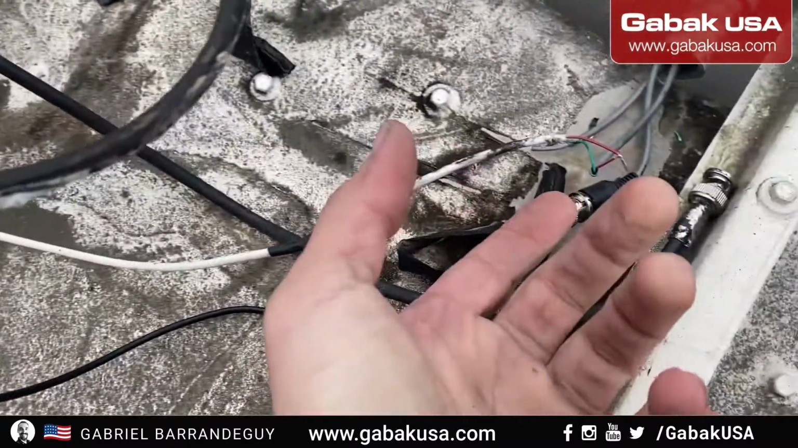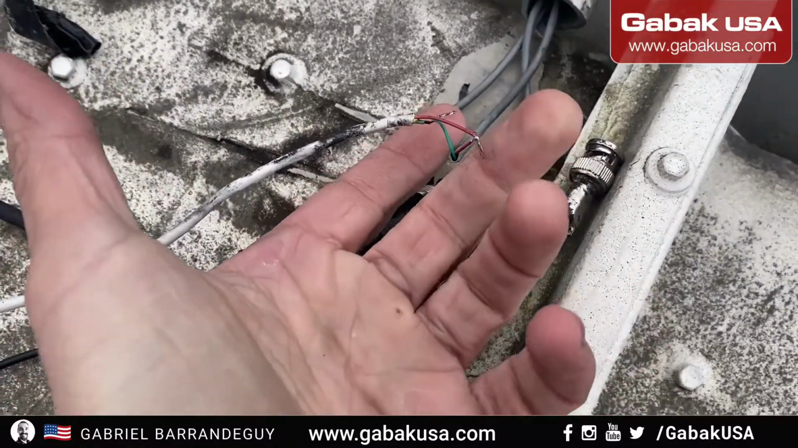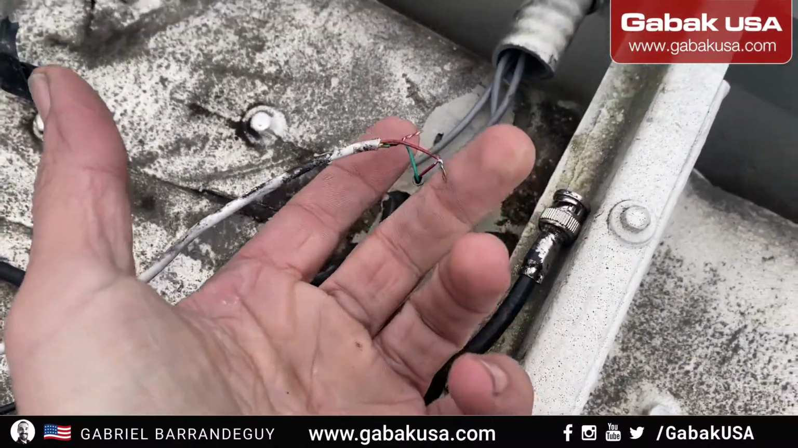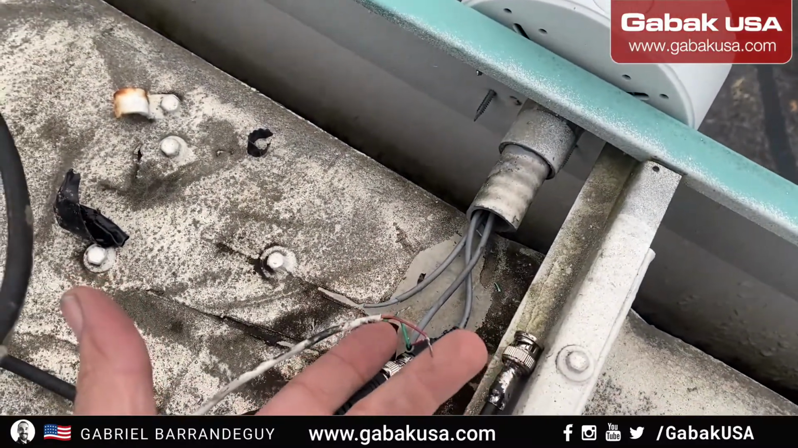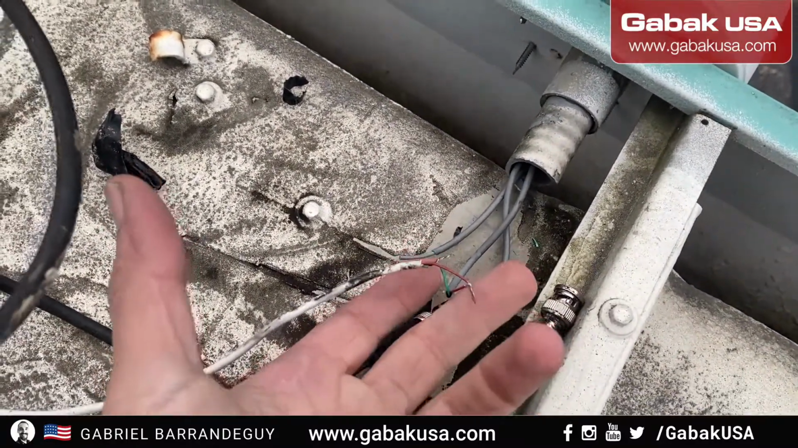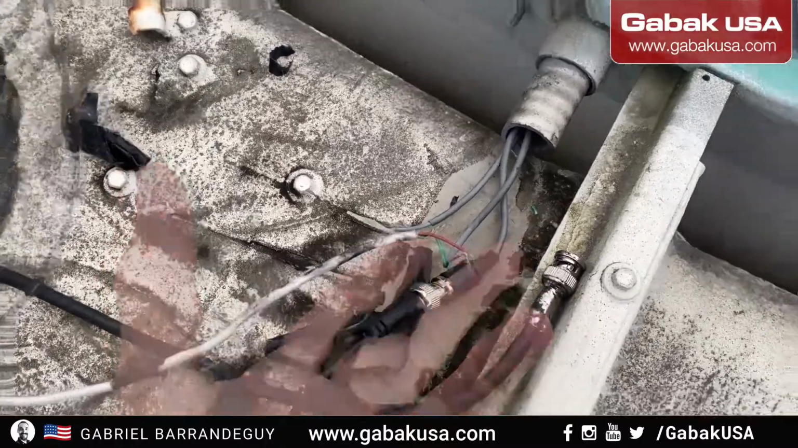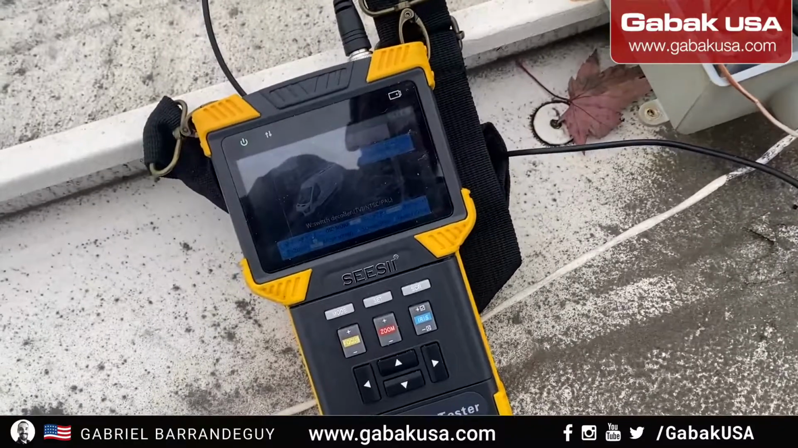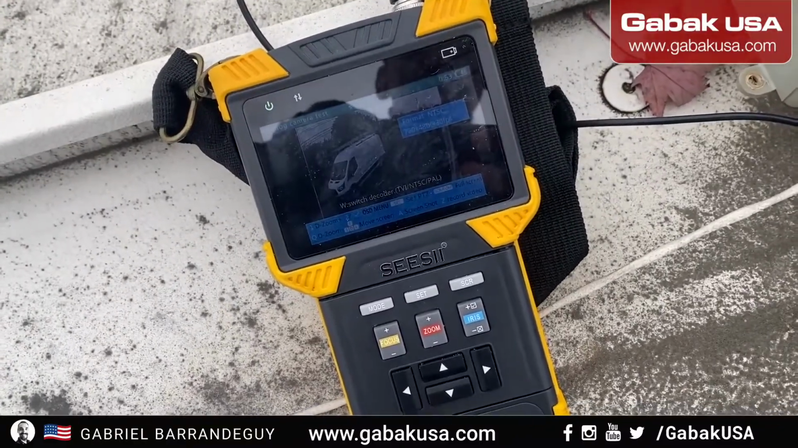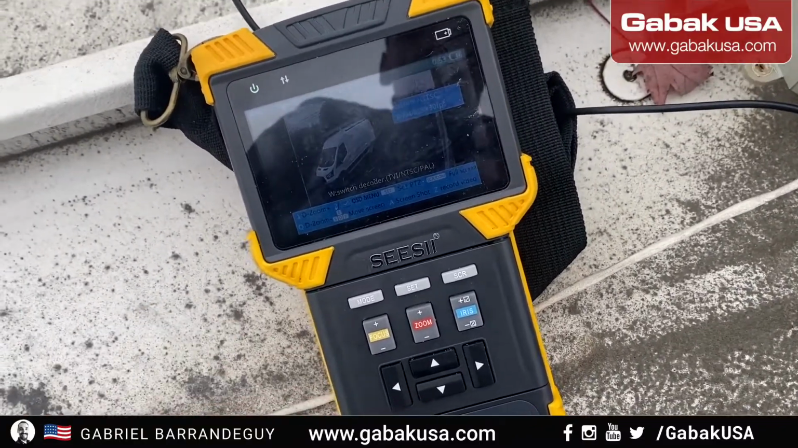Also, if you are not having any signal, maybe you can test if you have voltage here. In this case, this camera uses 12 volts. Some cameras, they use 24, and some cameras are analog. Cameras use AC, but in this case, they use DC 12 volts, and that is how you test it,